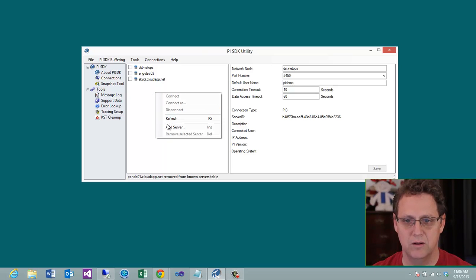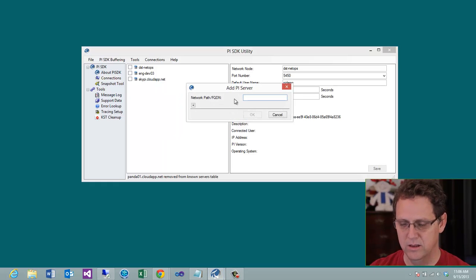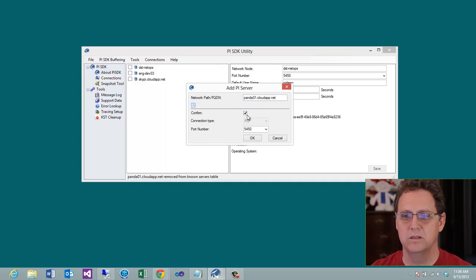We're not on the cloud. We're going to go ahead and add in our server reference and see if we can get our connection working, okay? So we'll do Pi Azure. We want to do our server, Panda 01 cloud app.net. And I don't want to confirm because we're going to have to set up what we're going to be logging in as. So we'll go ahead and get that